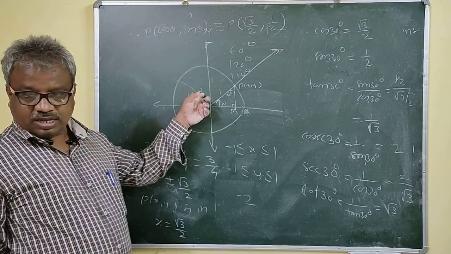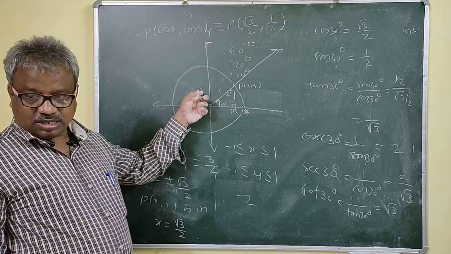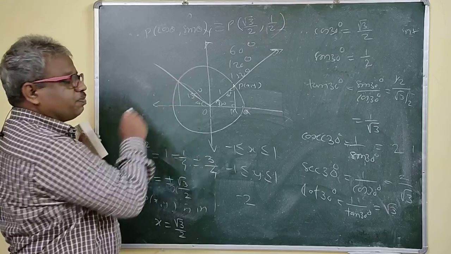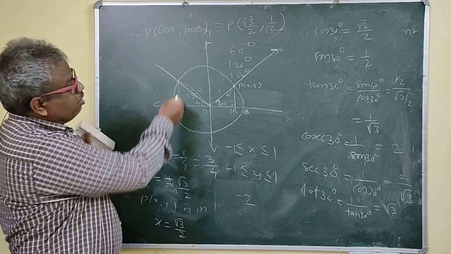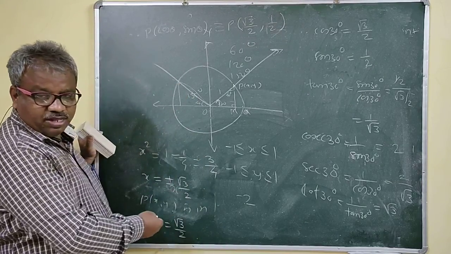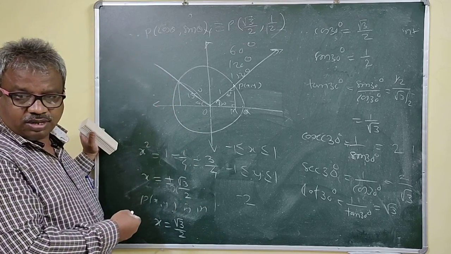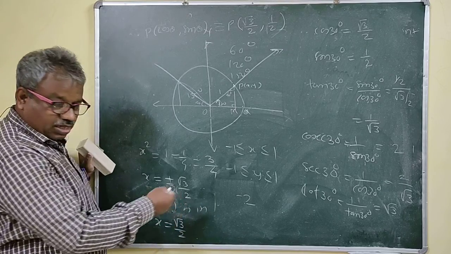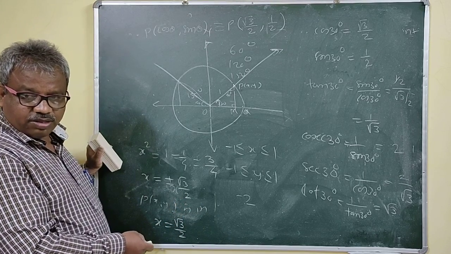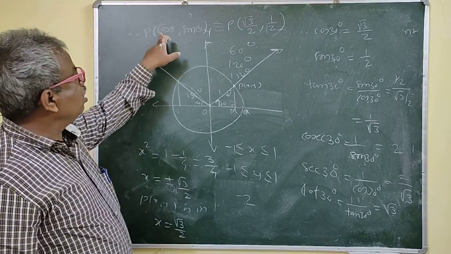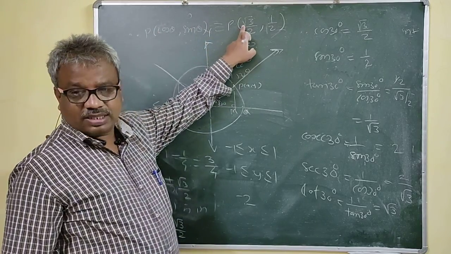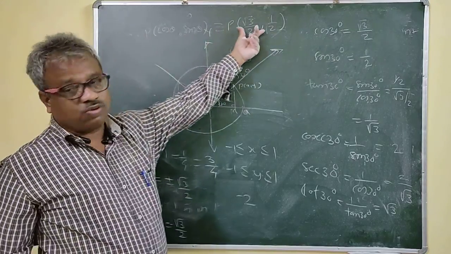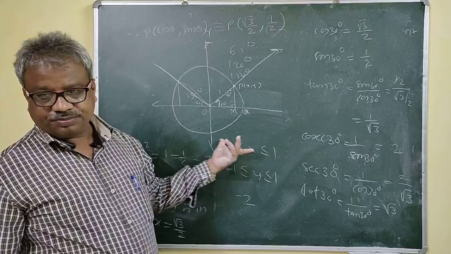If you take 150 degrees, that means this is 90 plus 60, then this will be 30 degrees. You can draw the perpendicular PM here. P is the point, and x is plus or minus. It is in the second quadrant, P x y is in the second quadrant, therefore x is minus. So cos theta will be minus, and sin theta will be plus, whatever the value of this is. So we get this.